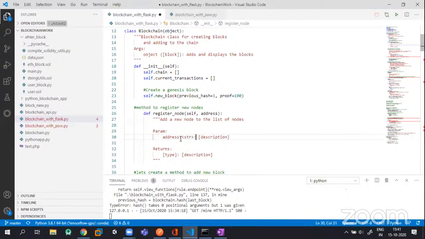And what it is: address of the node. Address of the node, for example, that is from which address it is created, that is https